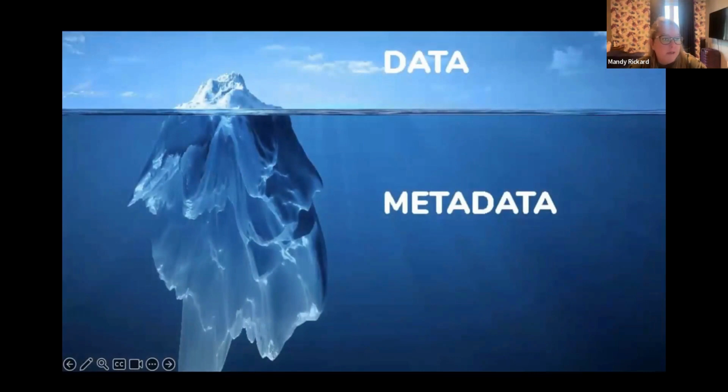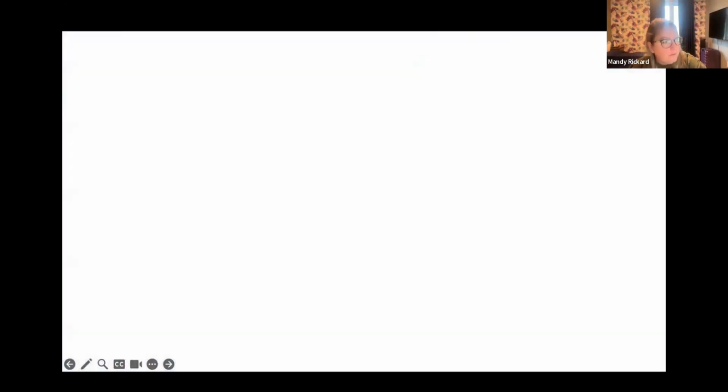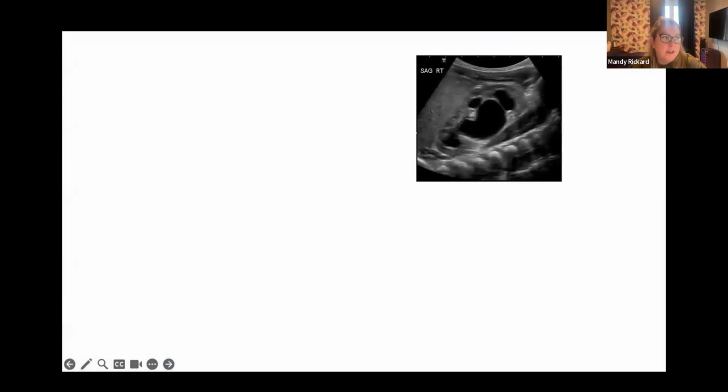And so we believe that there is more information embedded in ultrasound images that can't be recognized or appreciated by human interpretation, and that there could be valuable information in the metadata of renal ultrasound pictures. So when we look at ultrasound images like this one, we're often limited by our subjective assessment of the appearance of that image. We can describe the parenchymal characteristics and assign a hydronephrosis grade, but poor reliability has been shown between raters when doing so.